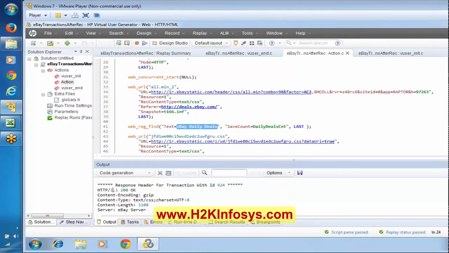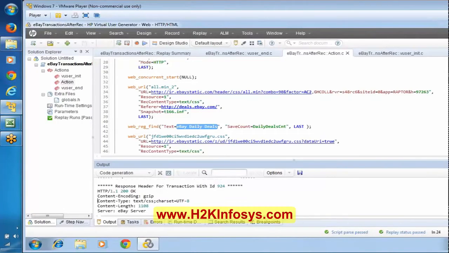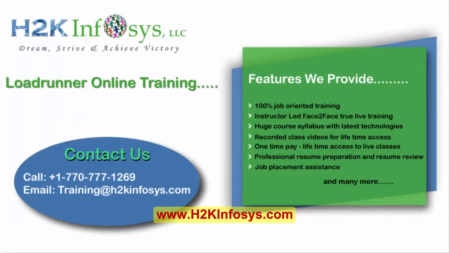Here see here in this particular response header. Now see here we have a response header, and in this particular response header, if you remember, we wanted to find some information which is related to the daily deals page. Okay, so here we were trying to find some information, and actually we copied this eBay daily deals from here only, but now it's not there. It means something went wrong over there.